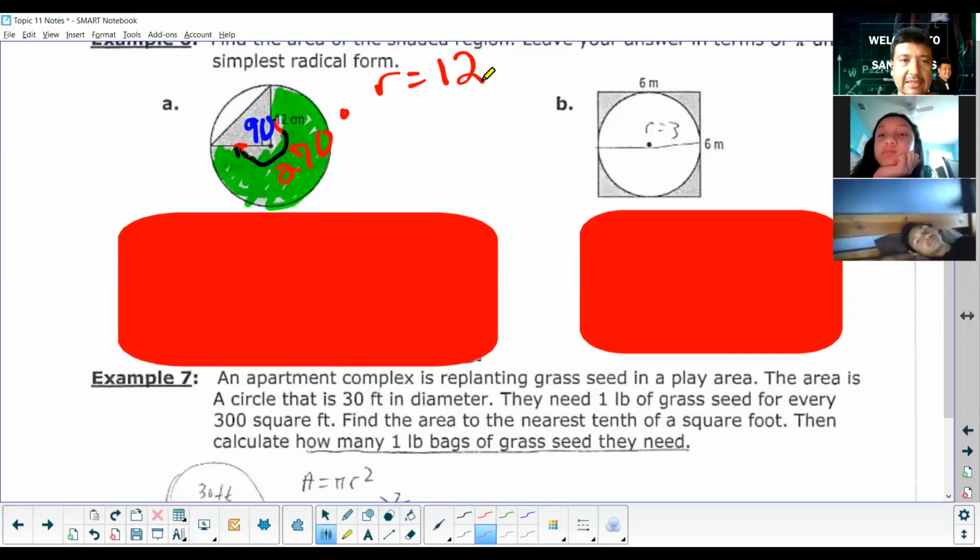So what we're gonna do next, okay? I'm gonna find the area of the green region. What's the best way to find the area